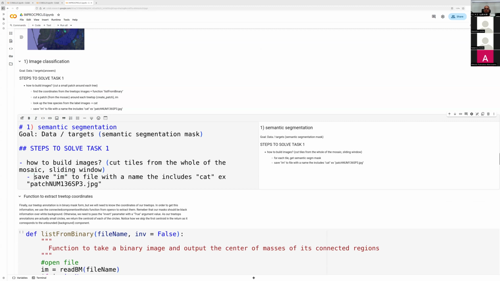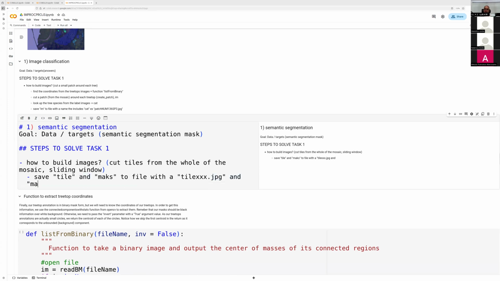Save the tile and mask to file. Okay. So I will get something like tile something something something dot JPEG, and something like mask, the same something something something dot